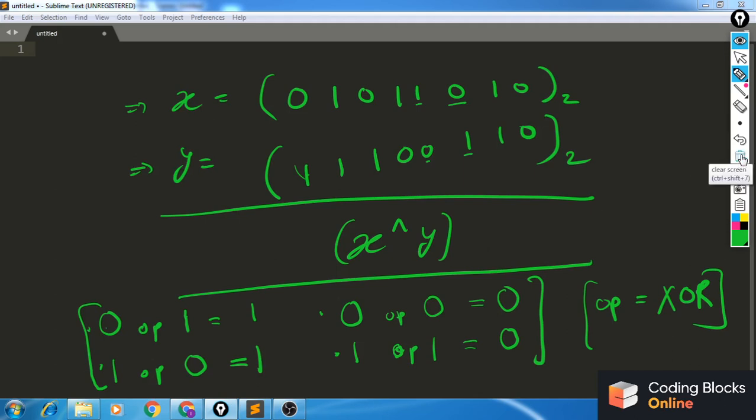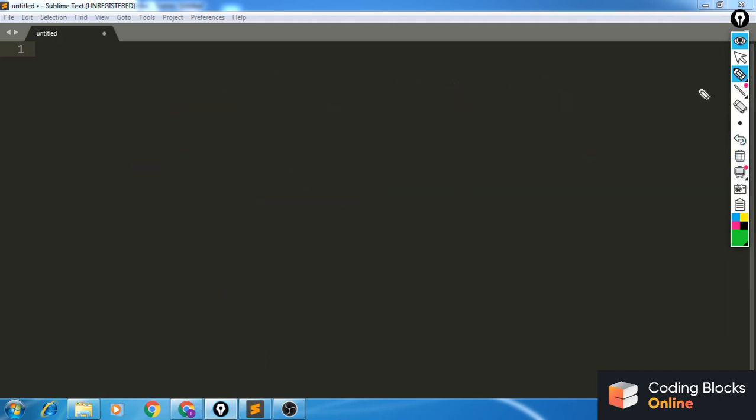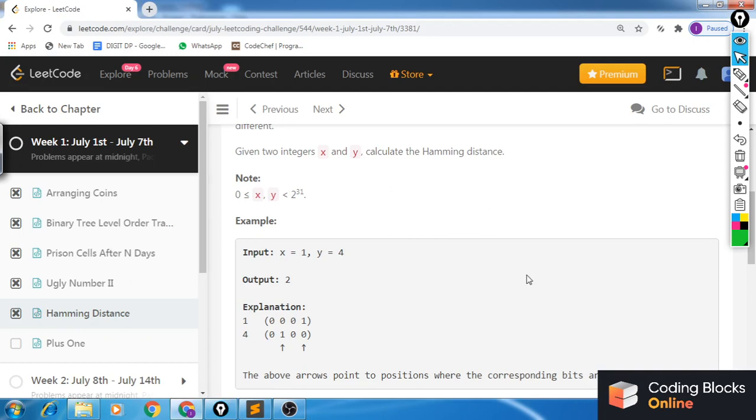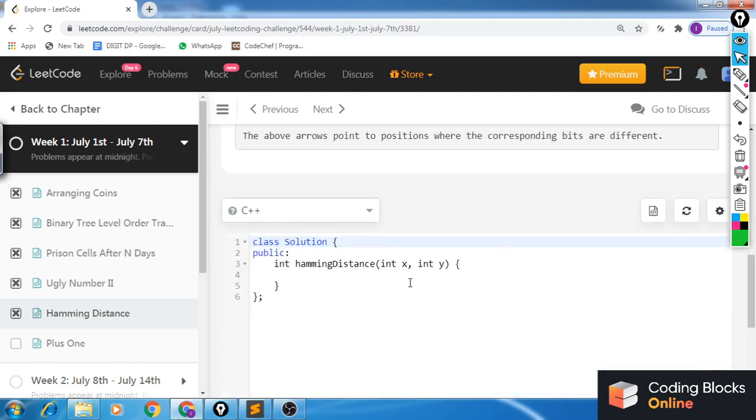So let's move to the implementation. This is going to be pretty quick. I have these two integers and I'm going to return built-in pop count of x XOR y, as discussed. I just hope I've used the function properly here.